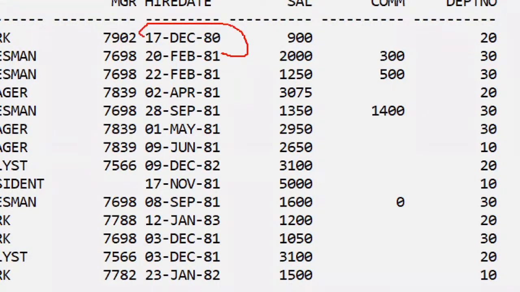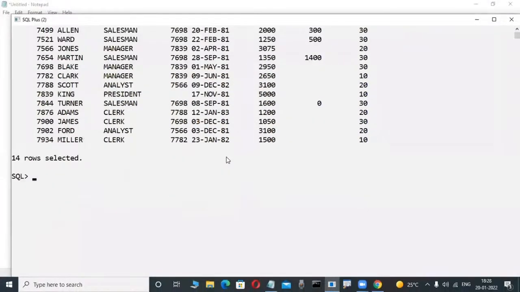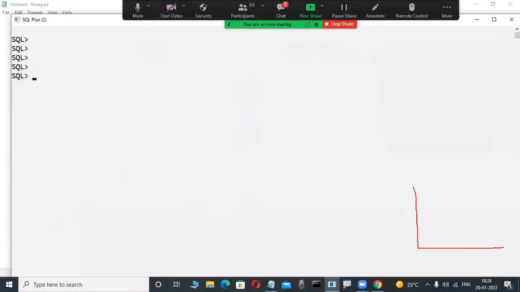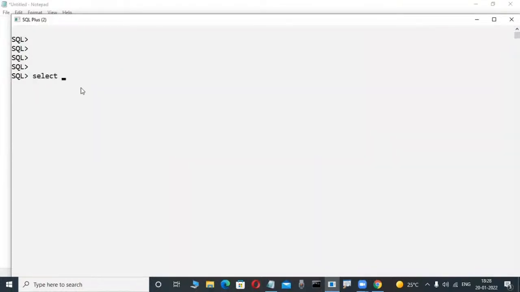Those employees' details I want in my project. So your SQL programmer, somewhere data is there. How do they fetch this data? They write queries. These are called queries. Observe here. Select star from table name where hire date